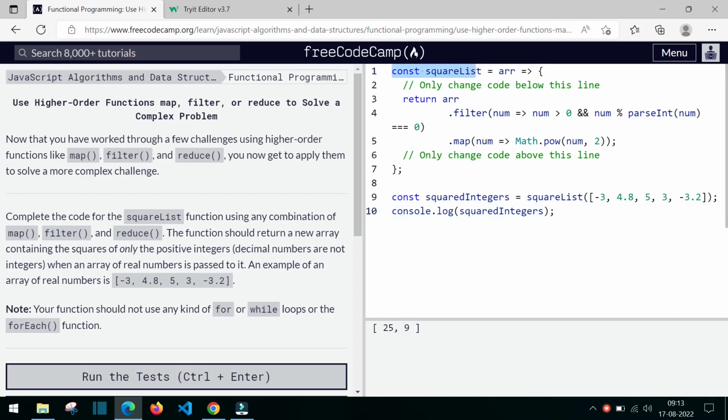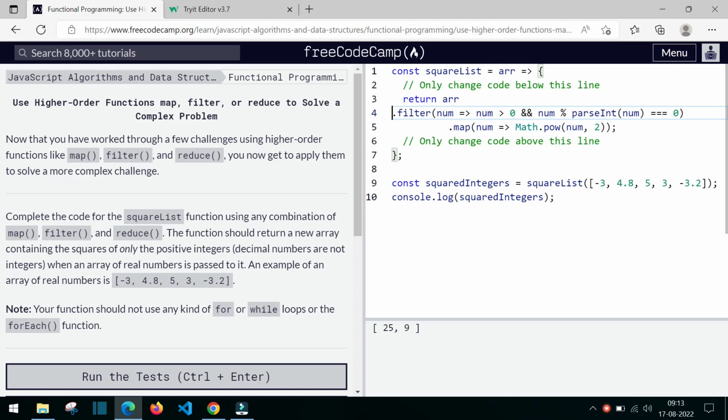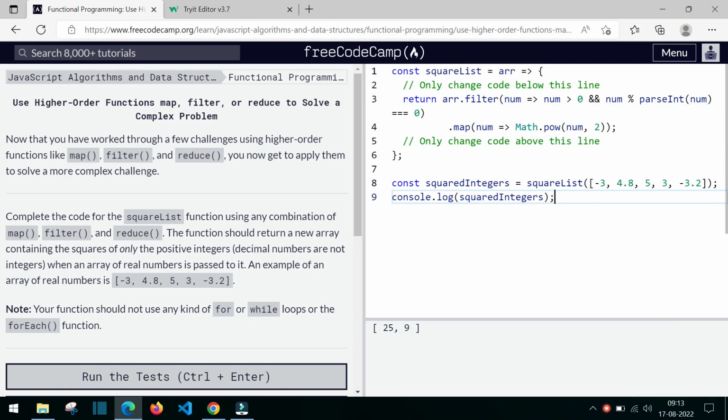So here there is a function and this receives an array. Here you can see the array which is passed here. And then what we are going to do is return an array of squares. For example, we will be calculating the square of 3 and we will be returning 9. Like that we are going to do. So first we are going to omit the negative numbers. For that we will be using filter, and for positive numbers like these,